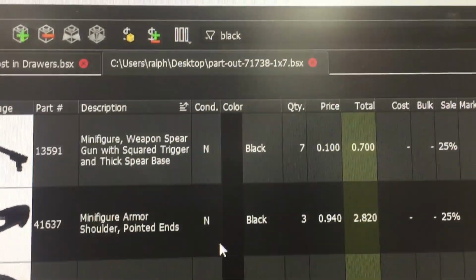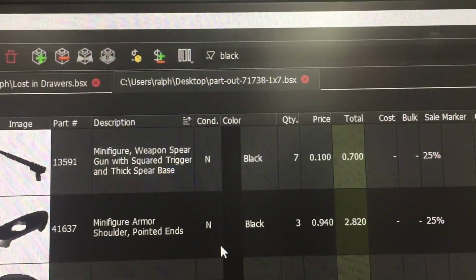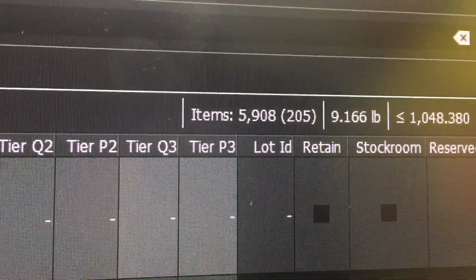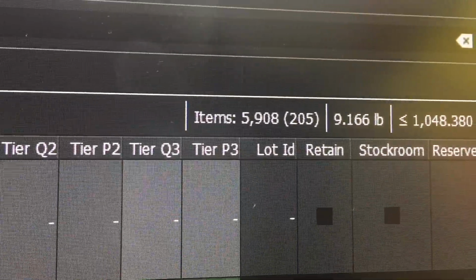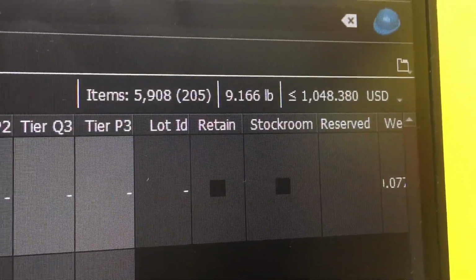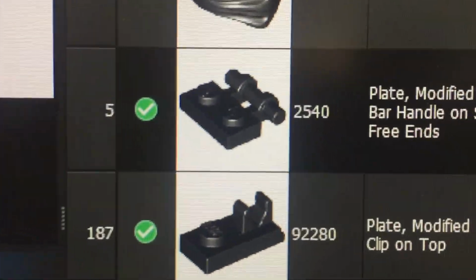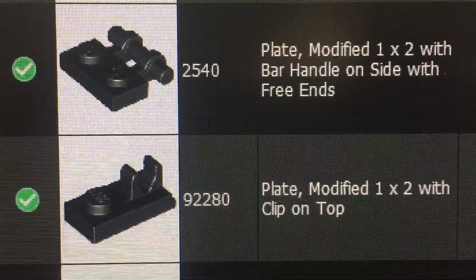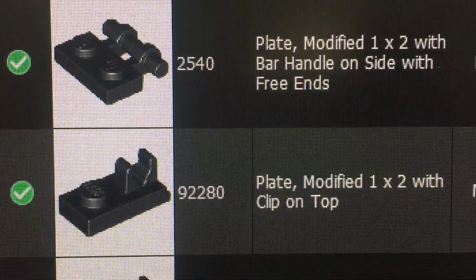Finished parting out and putting away the Zane Titan mech, which was 7 sets that I did last vlog. It brought in 5,908 pieces, 205 lots, 73 of them were new lots to my store, $1,048.38 in value. One thing I wanted to call out though is the set had 112 of these plate modified